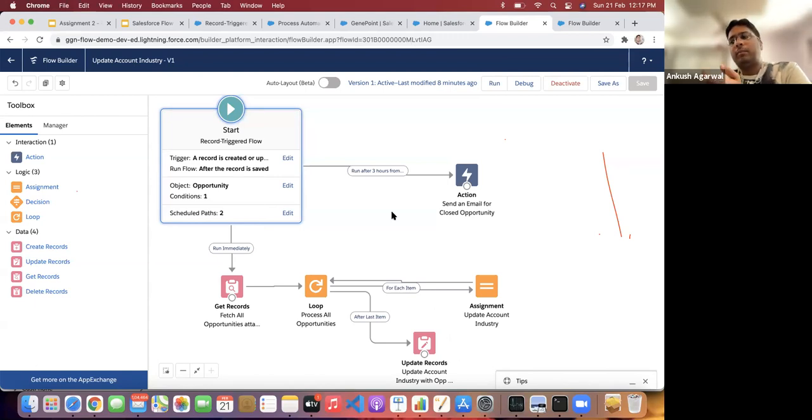I'll explain that in the next session. In the last session, I had just given you the high level, like how we can handle the error. If you have not attended the last session, you can go through the YouTube video and see it. And in the next session, we'll talk more about the error handling on that part.